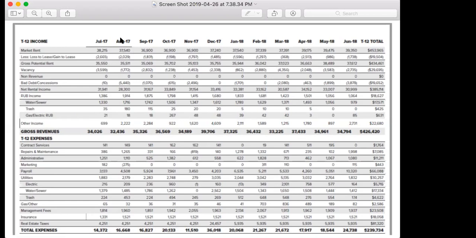I'm going to go to the first one. You see market rent. All you do is go over and you see 38, 37, 36, 37. You're looking at the market rent. This is what the broker is telling you the rents are for the property. Now, this could be wrong. These are just what the broker gives you. And all this plays a role in how you value a property